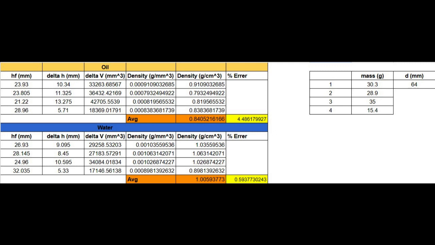To begin, we found the area of the object that would be floating on top of the fluid. We then recorded the initial height of the cap floating, then placed the object in the center of the cap so that it was leveled, then measured the final height. After collecting the initial and final height, we took the difference